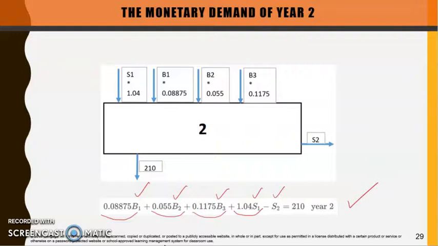Also, you have new investment, because it's financial planning. It's a horizon of 7 years of investment,